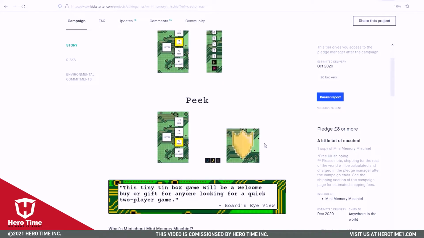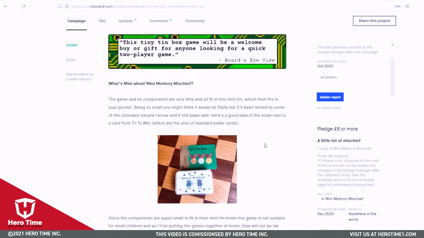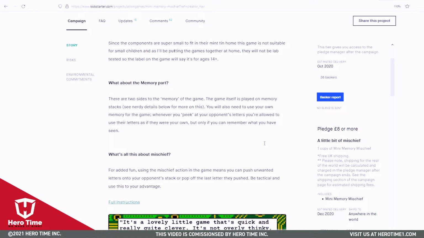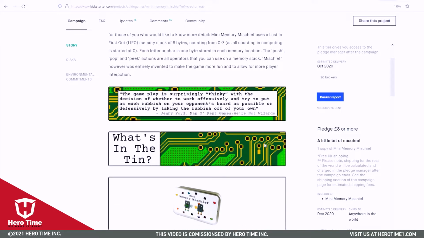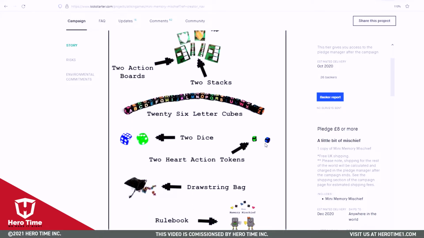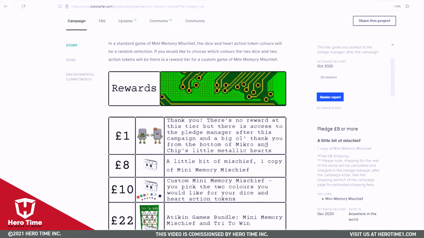Start with an overview of the project itself. Try to give a good overview of your game with a link to the full rulebook so those interested can read more. You'll see that I also dot reviewer quotes throughout my campaign. What's in the tin, or probably box for most games, is nice for backers to see what they're getting with your game. Rewards,